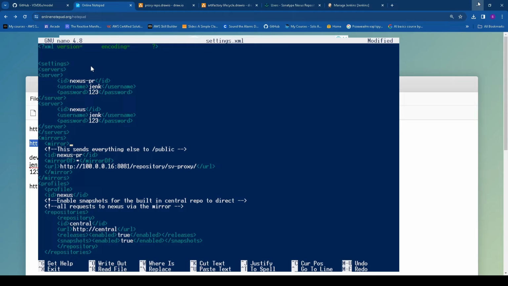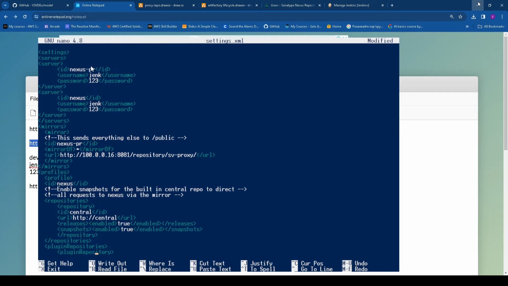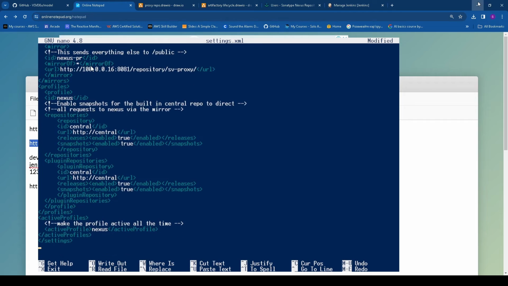And here I defined the mirror section, where I defined the Nexus proxy ID and the address to it, and this is a standard configuration which I get